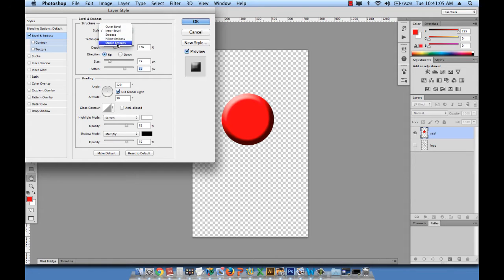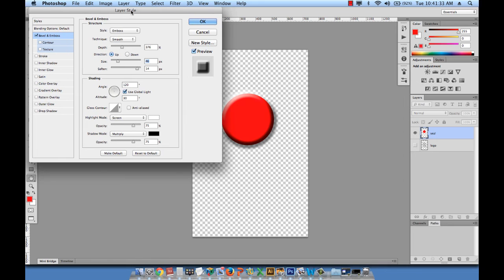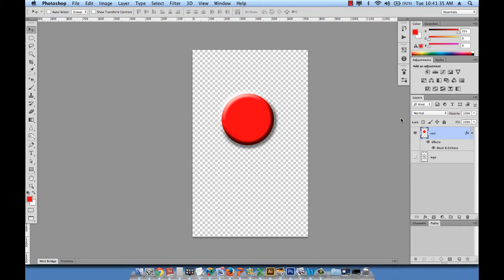And from the style options, we can choose whether we want inner bevel, outer bevel, emboss, pillow emboss, stroke emboss. You can go ahead and check those. I'm going to choose emboss for now because that's what I'm looking for. So I'm looking for a soft emboss. I don't want any hard edges, I just want a soft emboss. And now I can add some more size and soften it even a bit more. Okay, now that's wonderful. I can hit OK, and once I do, you will see this FX,